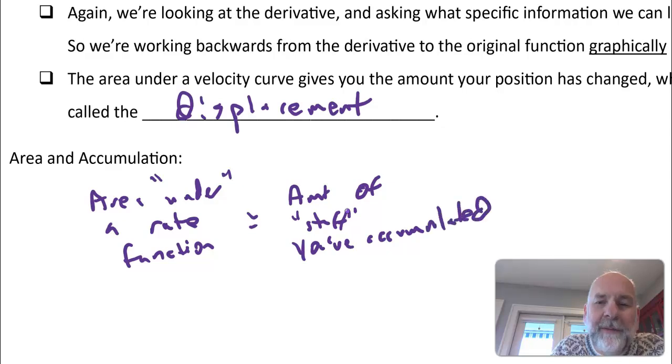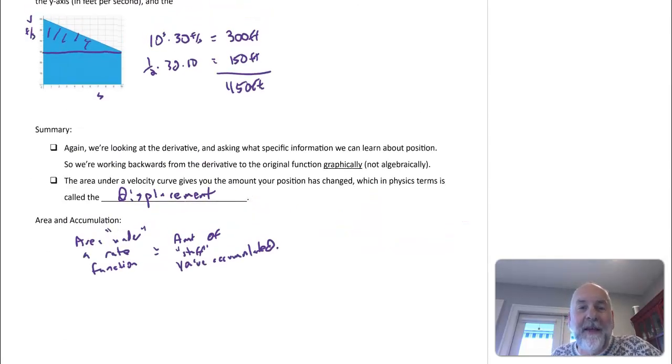You'll see an example of why I'm saying it this way in just a second. So it's how much stuff I've accumulated. I've accumulated 450 feet in that example I just did,